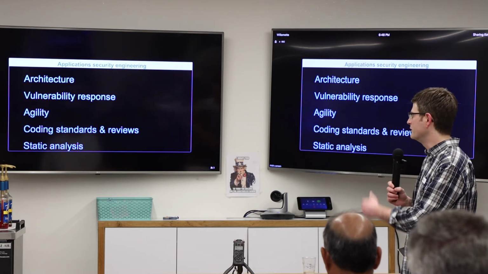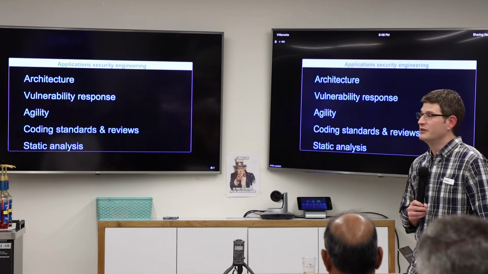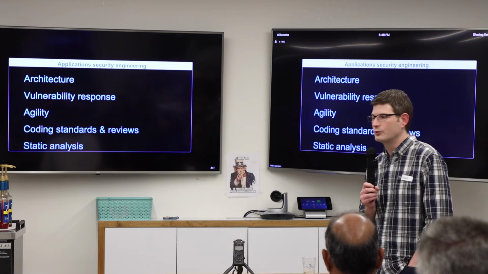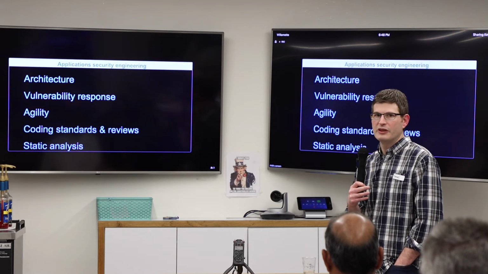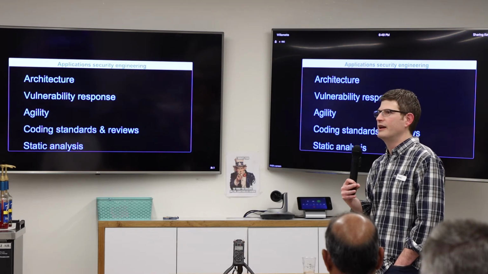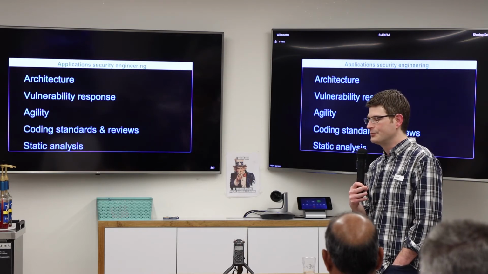And the third one, agility, I mean, this is just basics of running a software organization. And my example that I like to give when I'm saying how agility comes into it is,